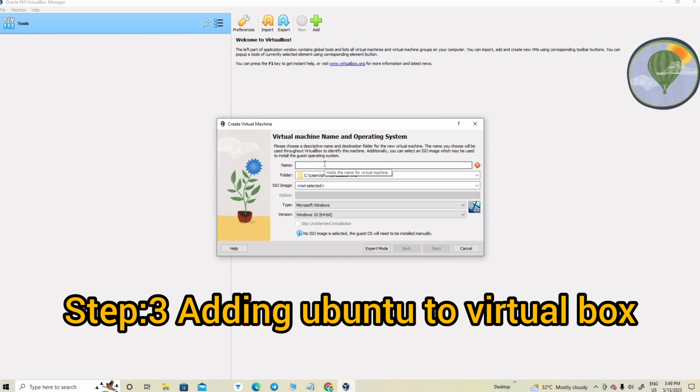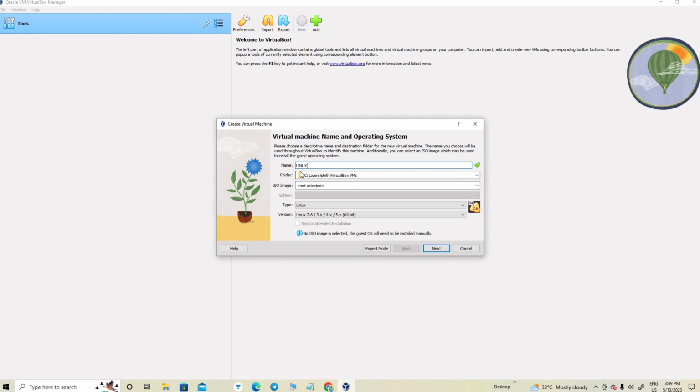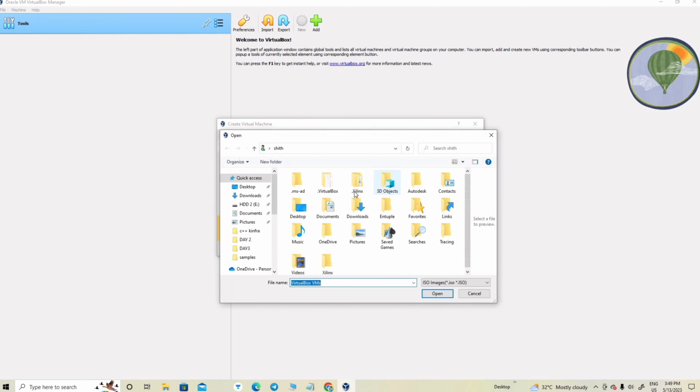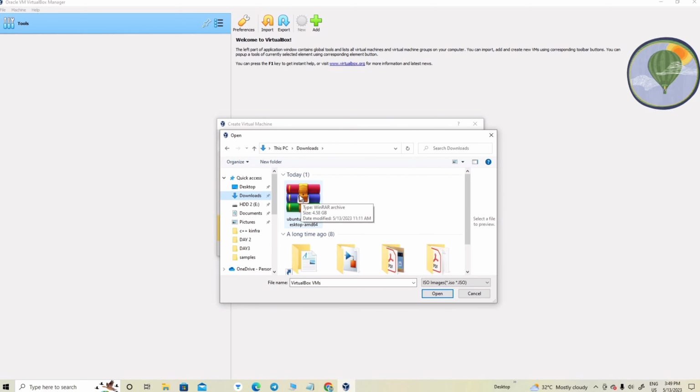You can give the name for your system; I am giving it Linux here. And then this is the folder for installation. Then adding the ISO image. ISO image means the Ubuntu software file we installed earlier, so it is added to this option. By going to that file, we can add it. Here the downloaded file is shown, and it is